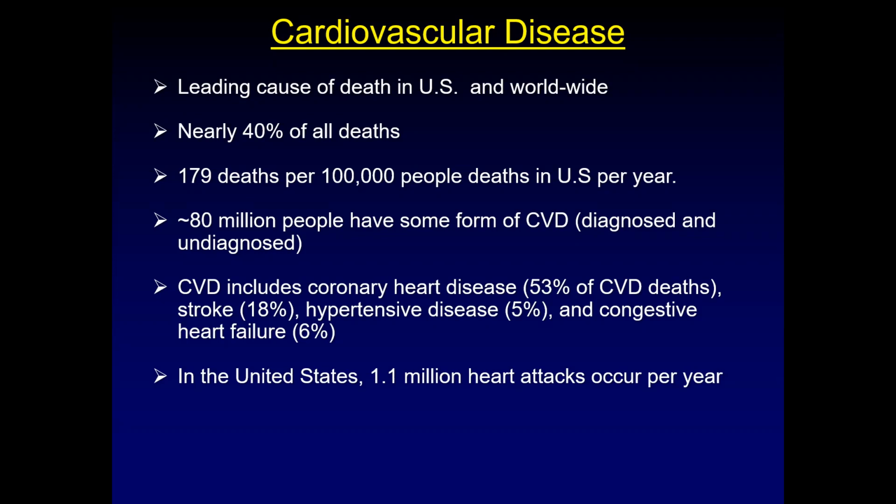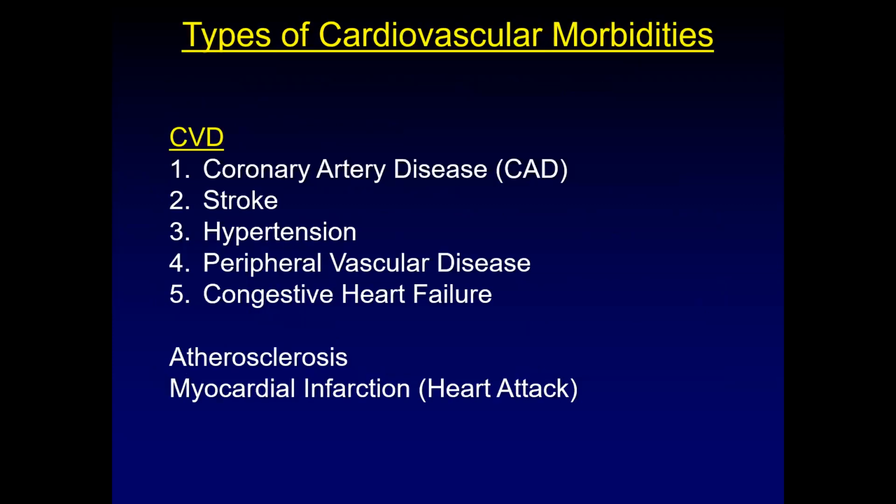There are some other things that make up the last 20%. Okay. Other scary stats: in the US, there's somewhere north of about 1.1 million heart attacks that occur every year. Most of those heart attacks can be directly attributed to coronary artery disease, and some are associated with related pathologies. Okay? These numbers tend to go up, and part of that's simply due to the fact that our population is getting older. My parents' generation, the baby boom generation, they're living longer and getting older, so this number is going to continue to go up as we have more older folks.